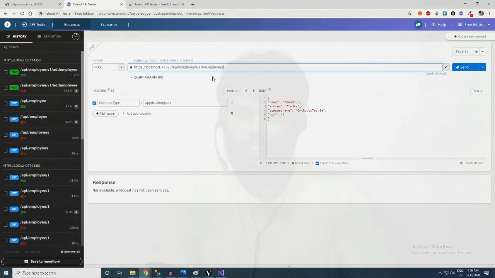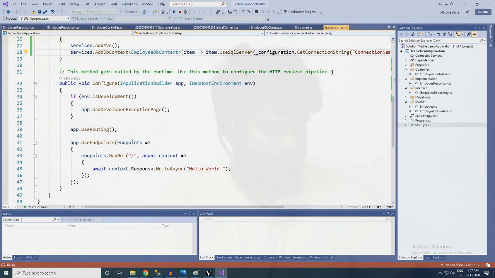We are getting a 404 error, and it looks like there is just an error in here. The problem here is a configuration issue.